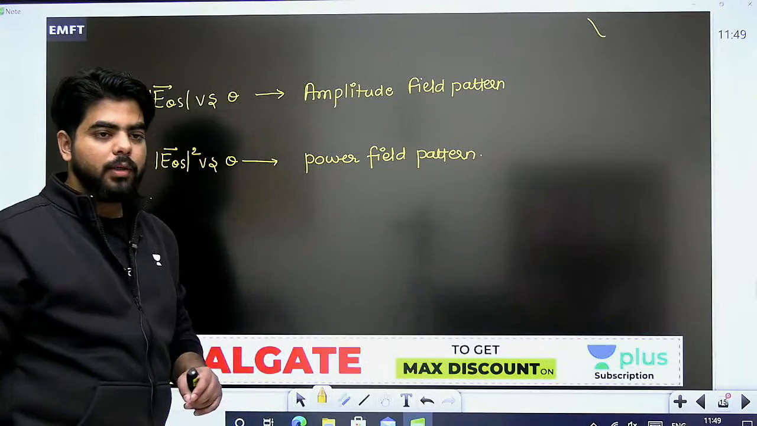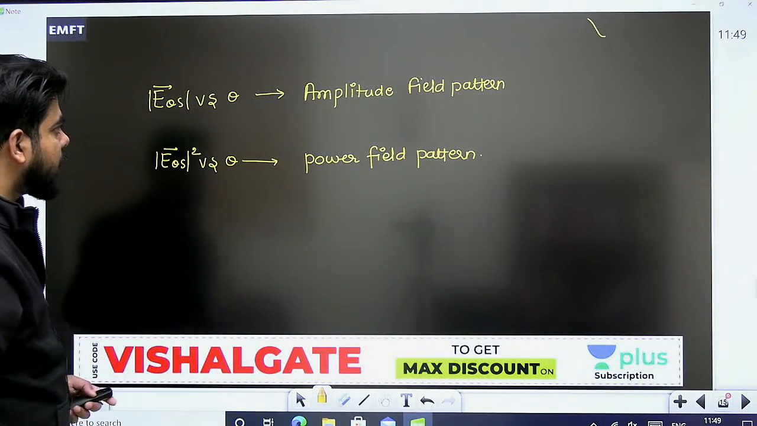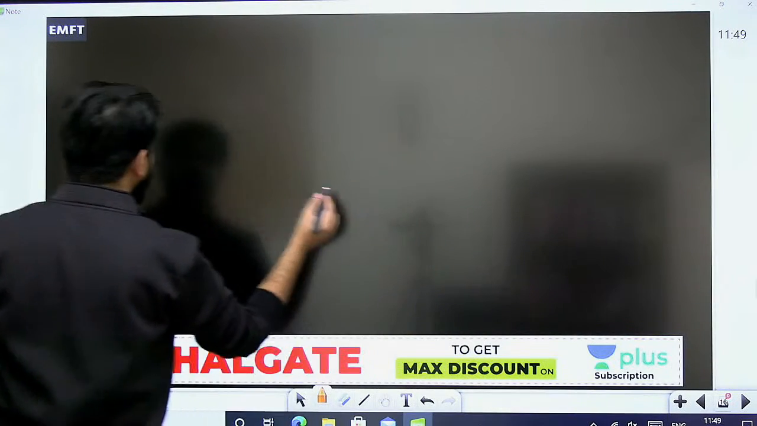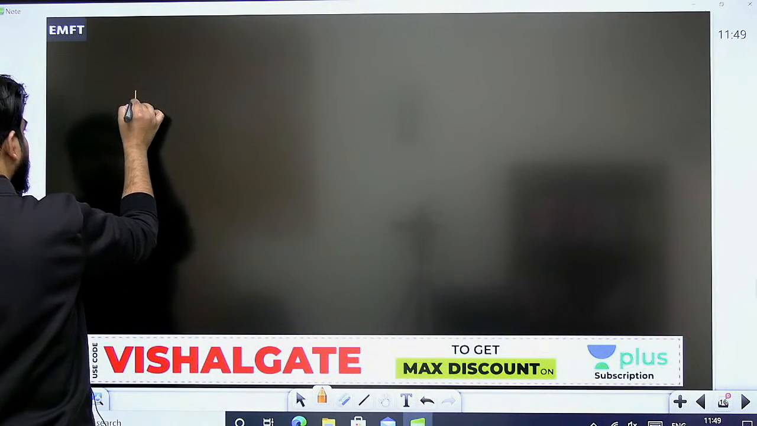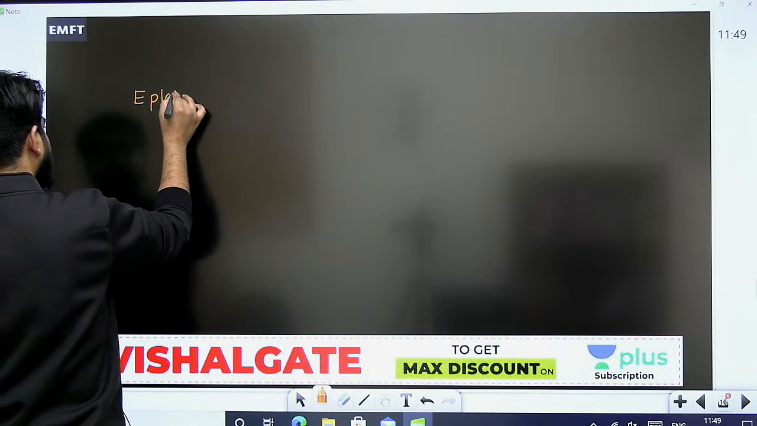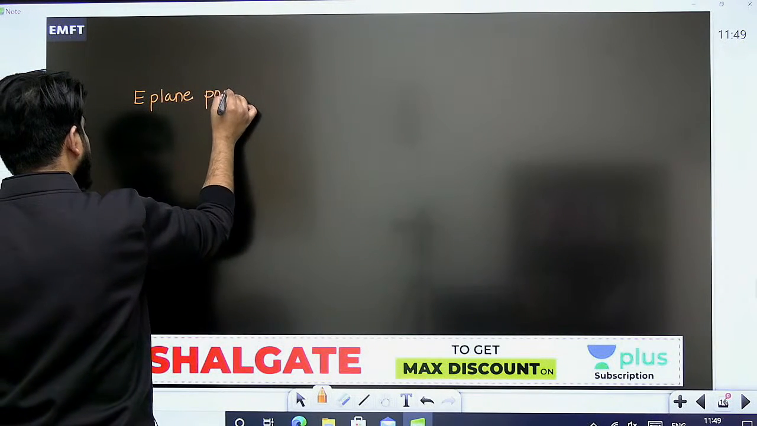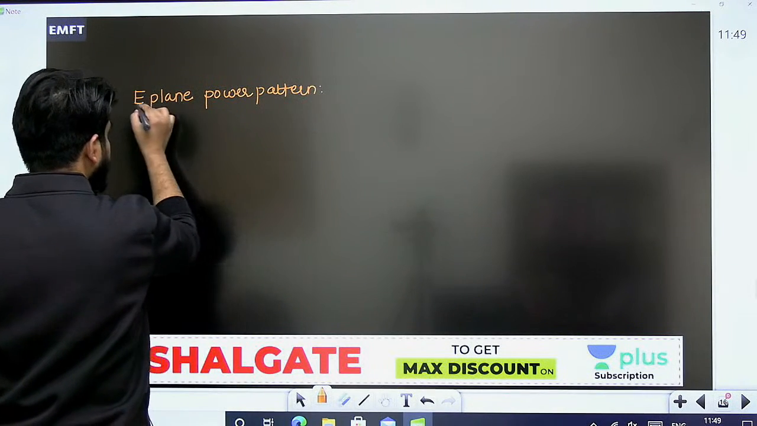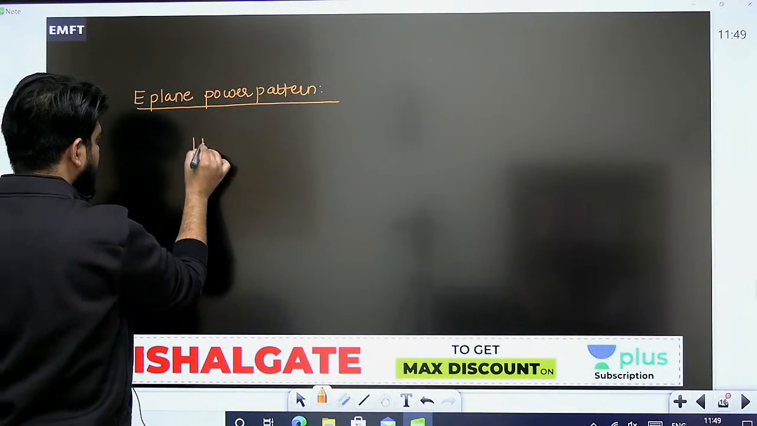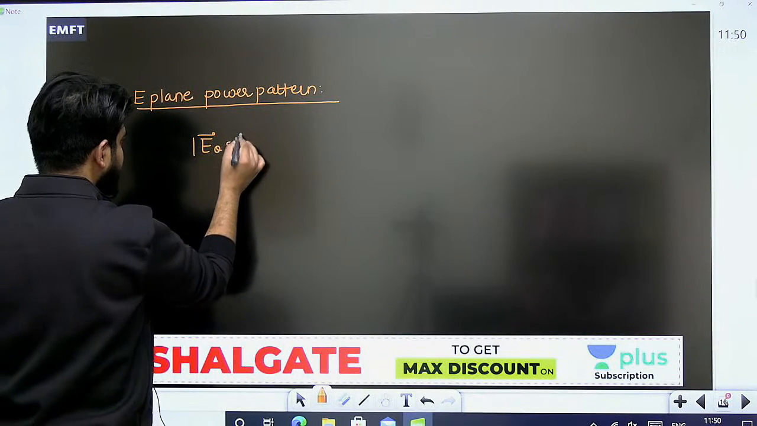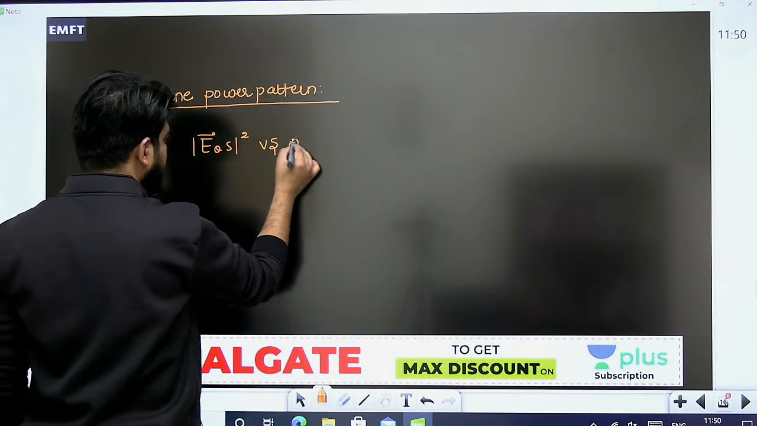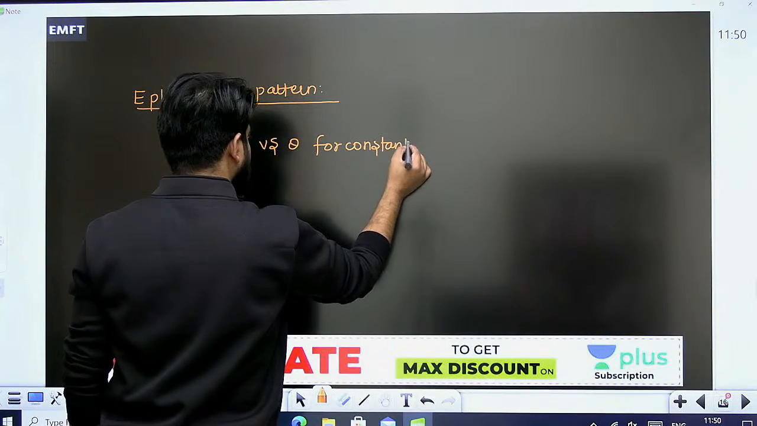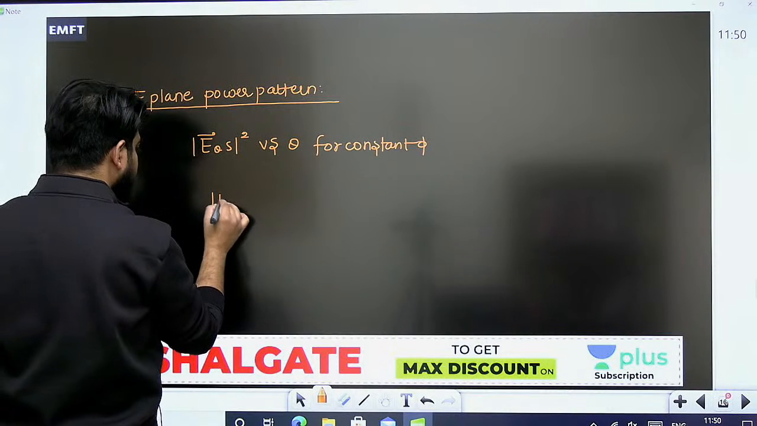So suppose in case of Hertzian dipole, if you want to plot the power field pattern, how does it look like? The power field pattern will look like this। You know that in case of power field also we have to plot E plane pattern and H plane pattern। So again E plane power pattern, if you want to make it E plane power pattern, तो आपको पता है कैसे बनाना है। मॉड ऑफ E theta square versus theta for constant phi, for constant phi।